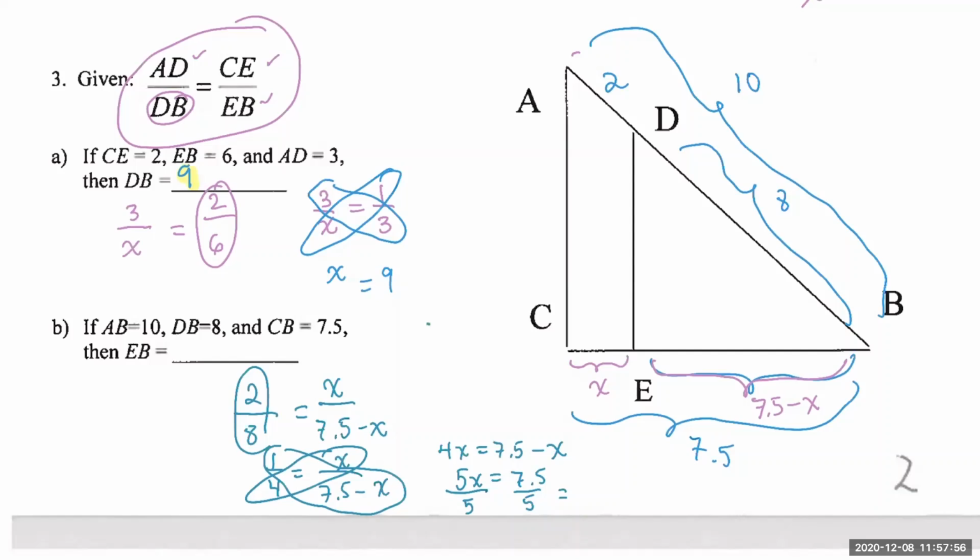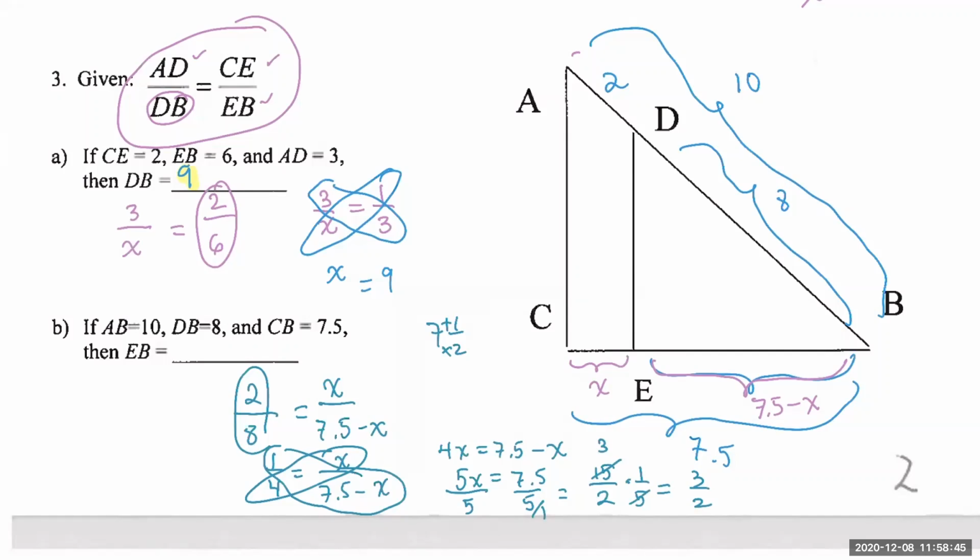So 7.5, if you guys forgot how to convert 7.5 to an improper fraction, it's 7 times 2 plus 1. So what is that over 2? What's 7.5 as a fraction? Okay, good. So 7 times 2 is 14, plus the 1 is 15. So that's 15 over 2. Divide by 5 is the same thing as multiply by the reciprocal, so multiply by 1/5. Do you guys remember keep, change, flip? You keep the top, you change the division to multiplication, and then you flip the bottom. And if the bottom is 5/1, you flip it to make it 1/5. The 5 can be reduced with the 15. So your final answer is EB is not